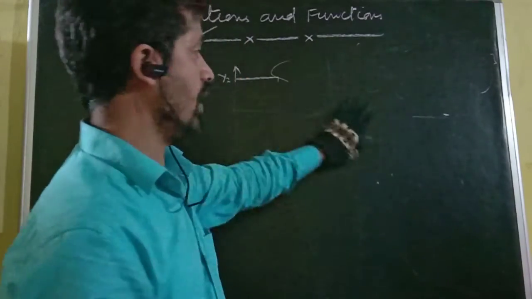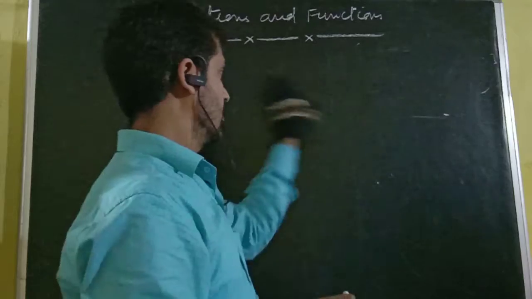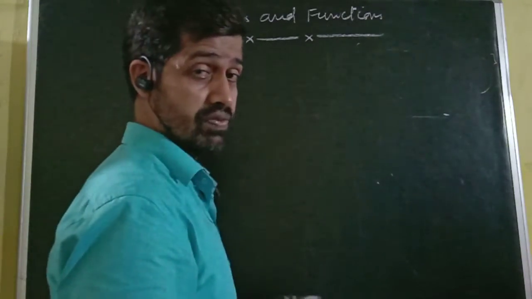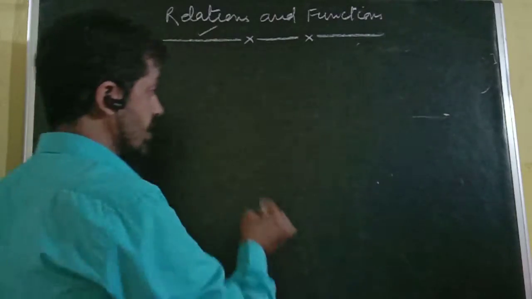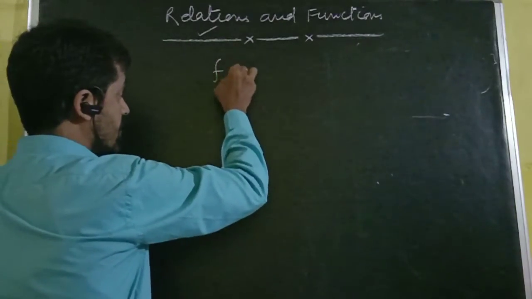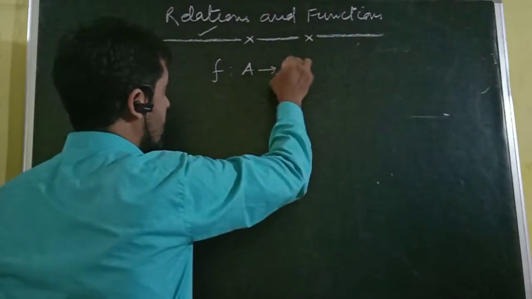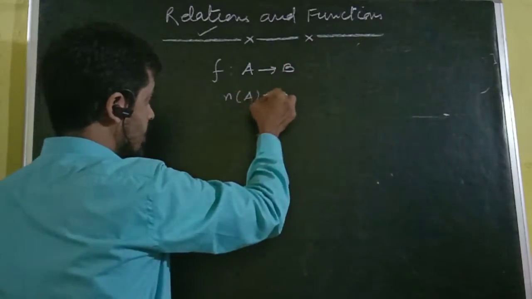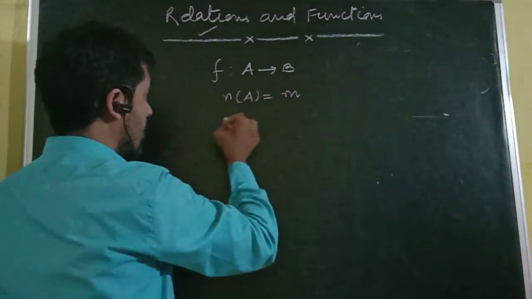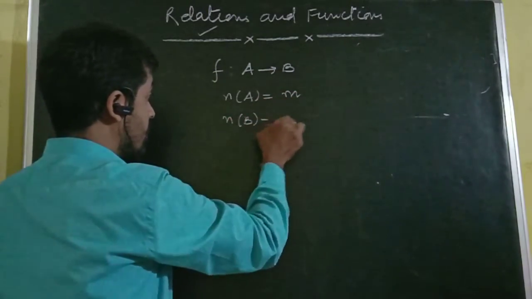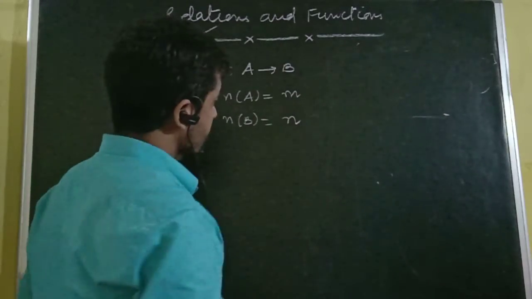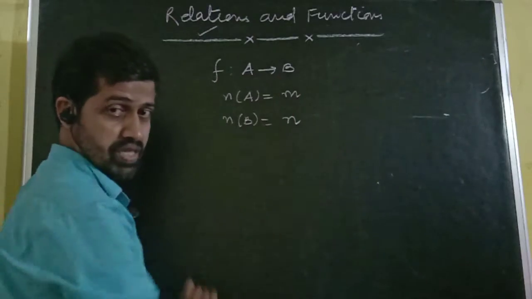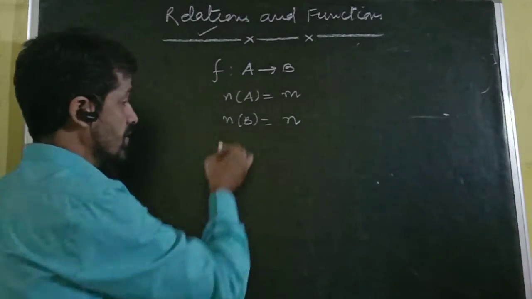That is related to graph of a function in x, which is there in our syllabus. Now, number of functions we can draw from one set to another set. Say f is a function defined from set A to set B, and number of elements in set A is m, and number of elements in set B is n, say. Then how many functions we can draw from set A to set B? This we have to find out.